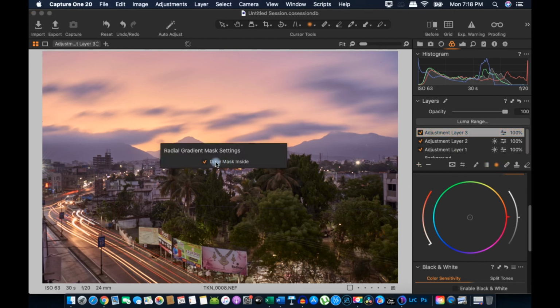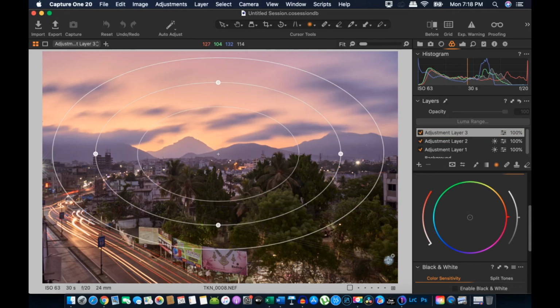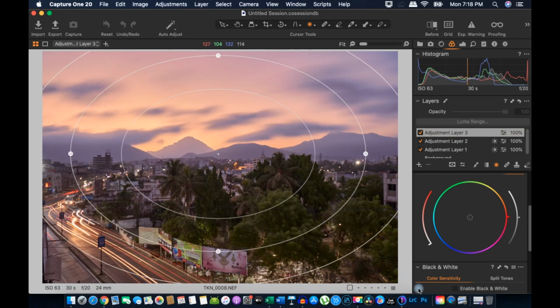Now let's pick one more empty layer and select the radial mask. I right click and untick draw mask inside, so it will draw the mask outside. Take a big round brush.